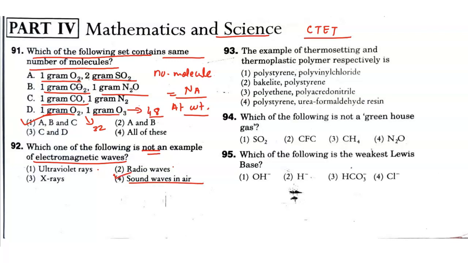Now move to 93: the example of thermosetting and thermoplastic polymer respectively. We have to choose the option. Option first is polystyrene, polyvinyl chloride. Next is bakelite, polystyrene, polythene, polyacrylonitrile, polystyrene, urea formaldehyde resin. The correct answer is option second. Bakelite is the example of thermosetting